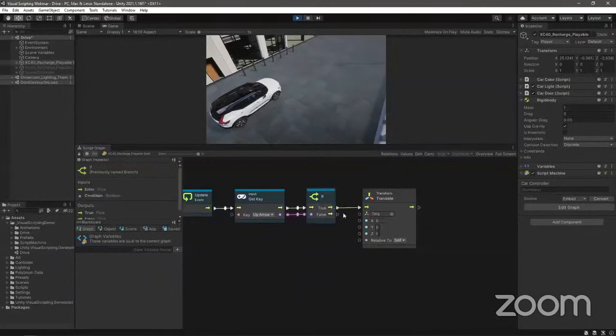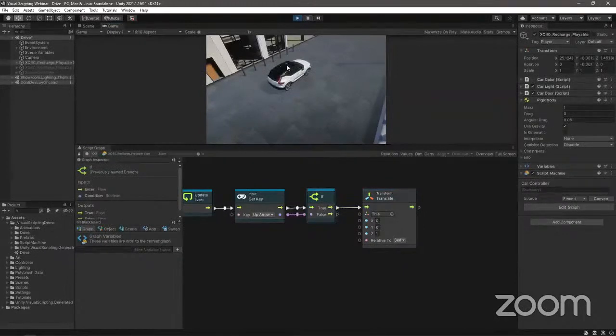Because it's still waiting for whether or not we press the up arrow key. Right now, the value that's flowing from the get key unit here is false because I'm not pressing anything. Therefore, you see there's no pulse going on the true branch. So if you press up, you'll start to see the pulse appearing,